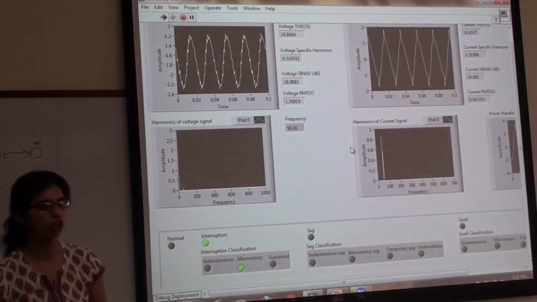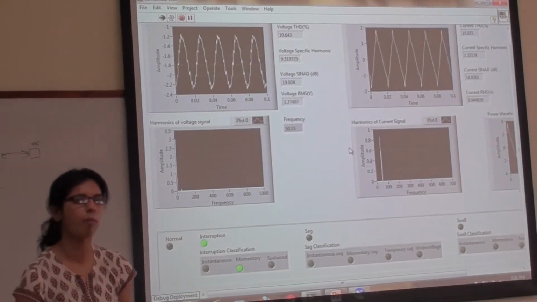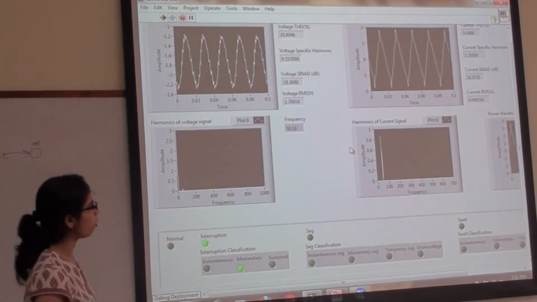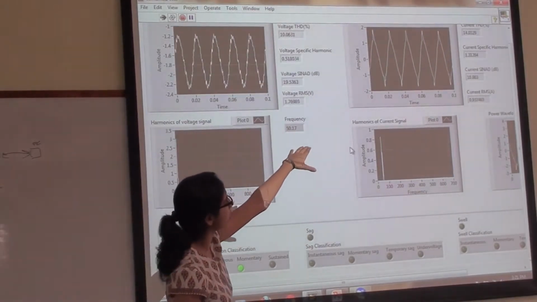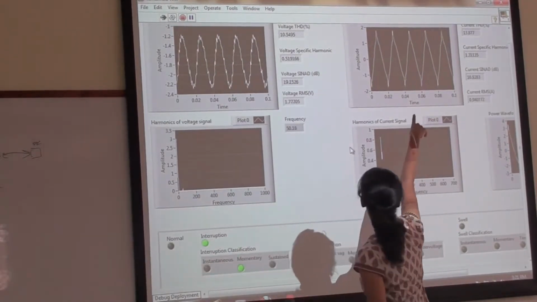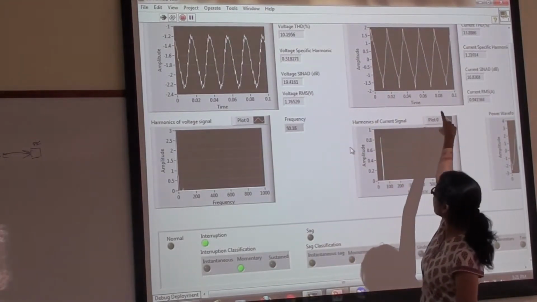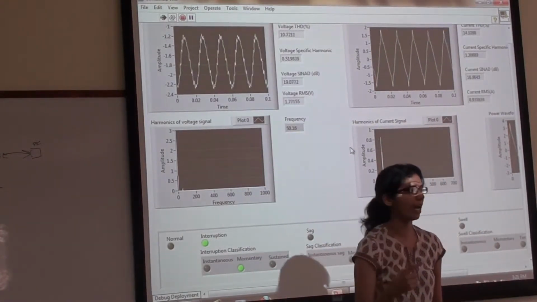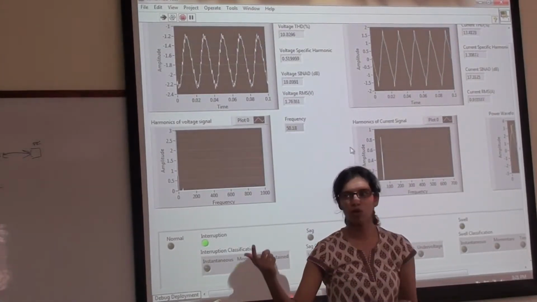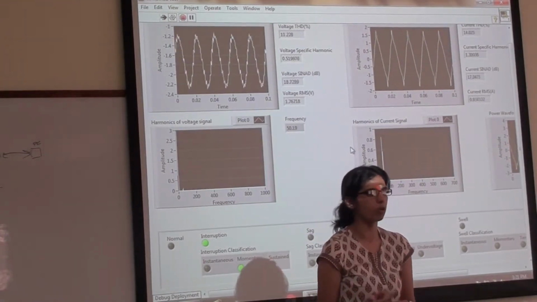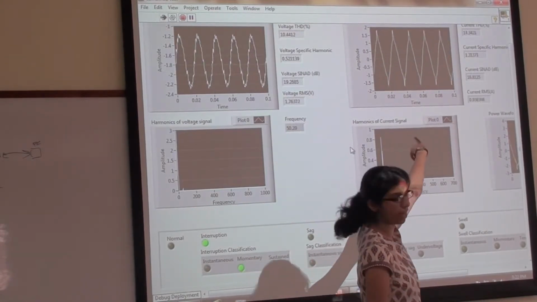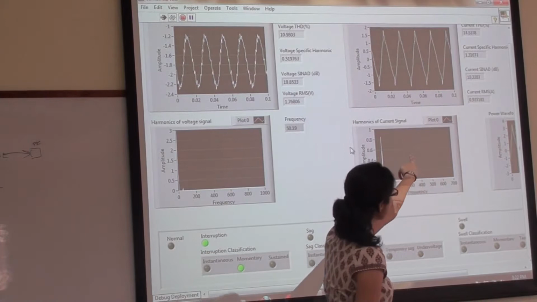Now we have a combination of the bulb and a laptop. It's just a combination of a linear load and a non-linear load that are combined together. So what we see right now is that the current changed from the sinusoidal one to having spikes in it. So we can see these spikes here, and earlier the current was just like that, now it's become like this because of the spikes which are brought in by the non-linear components. And any laptop or the CFLs that we use are non-linear loads, not purely resistive. So they bring in these non-linear components that introduce these kinds of effects in the signal. So we can see that here.